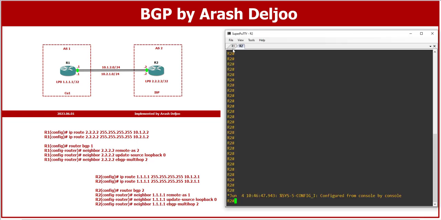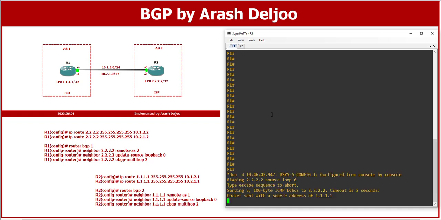As you can see here in router 1, when you use the ping command to 2.2.2.2 with the source of loopback 0, we will not have connectivity. Look here, source, then for example, loopback 0. As you can see, we don't have connectivity. I want to configure a static route in router 1 and also in router 2, then we can start configuration